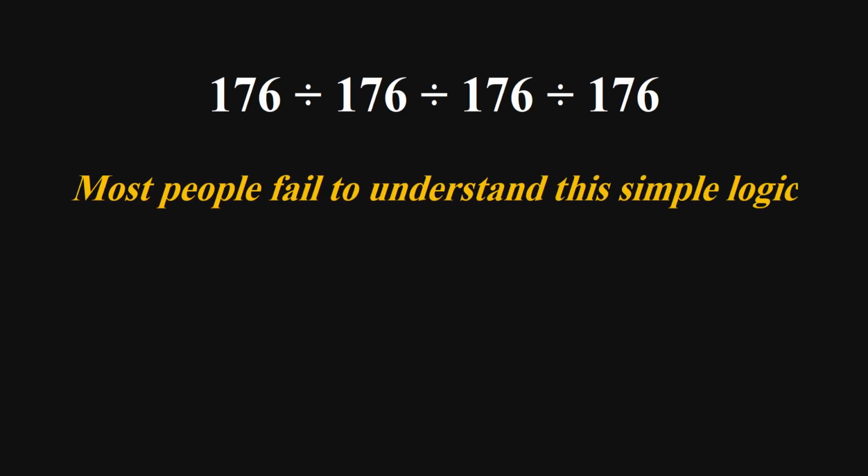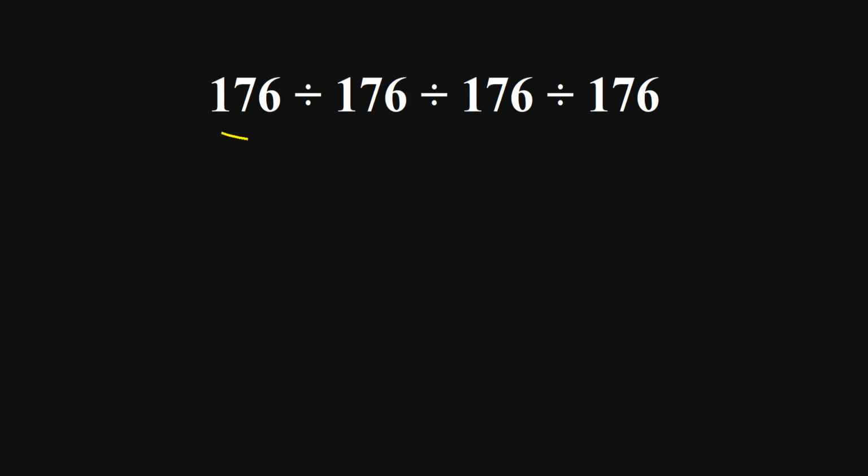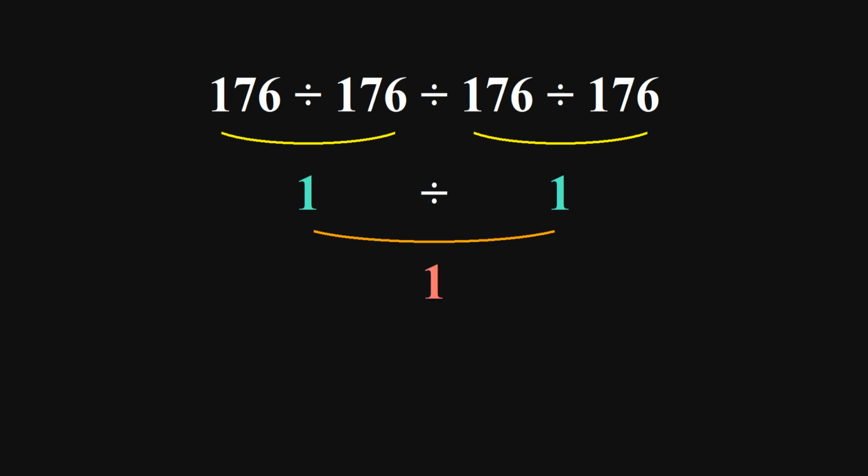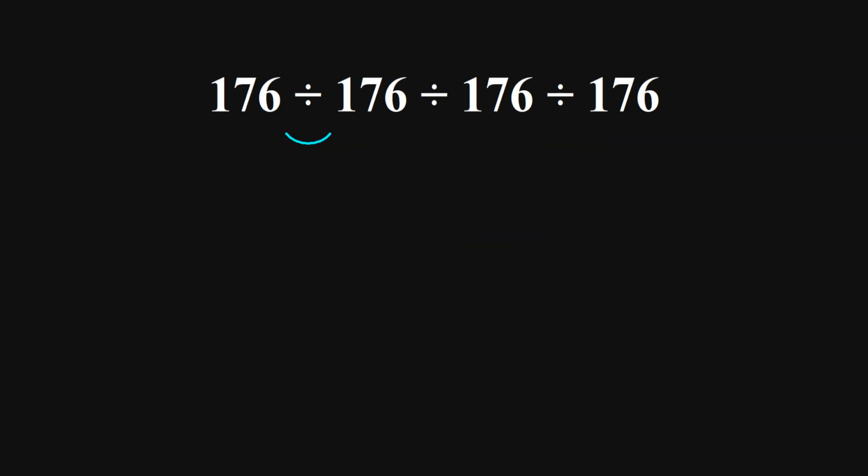In this visual story, 176 divided by 176 equals 1, and 176 divided by 176 equals 1. Now we have this problem, 1 divided by 1, which equals 1. But this answer is not correct because according to the order of operations, we must do this division, then this